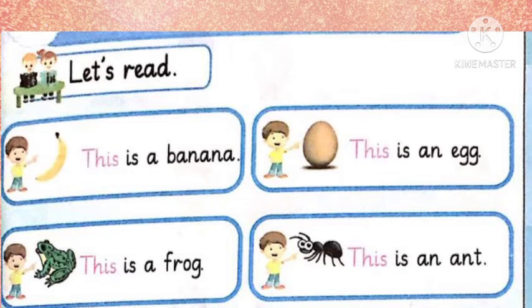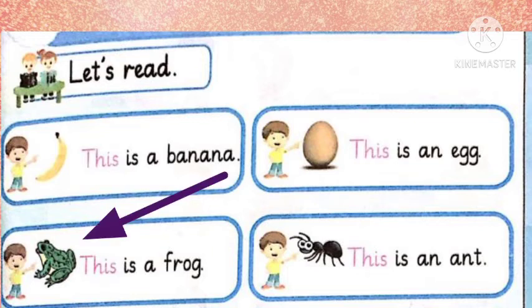So look at the next picture. What is in this picture? Here is an egg and egg is near to the boy. Boy के करीब है egg, near है. So we will use this. This is an egg. We are using article an because egg begins with letter E. E is a vowel. So we will say this is an egg. What is the spelling of this? T-H-I-S. T-H sounds the. I-S is. The is this. This is an egg.